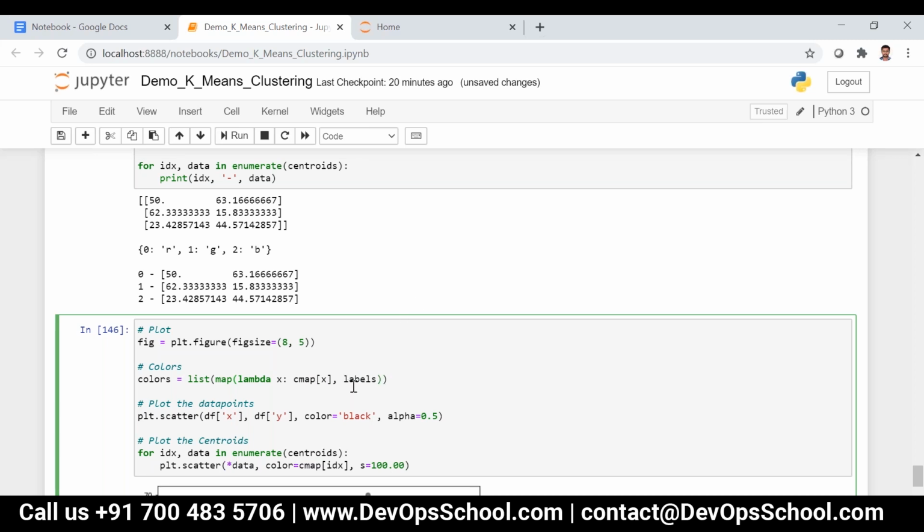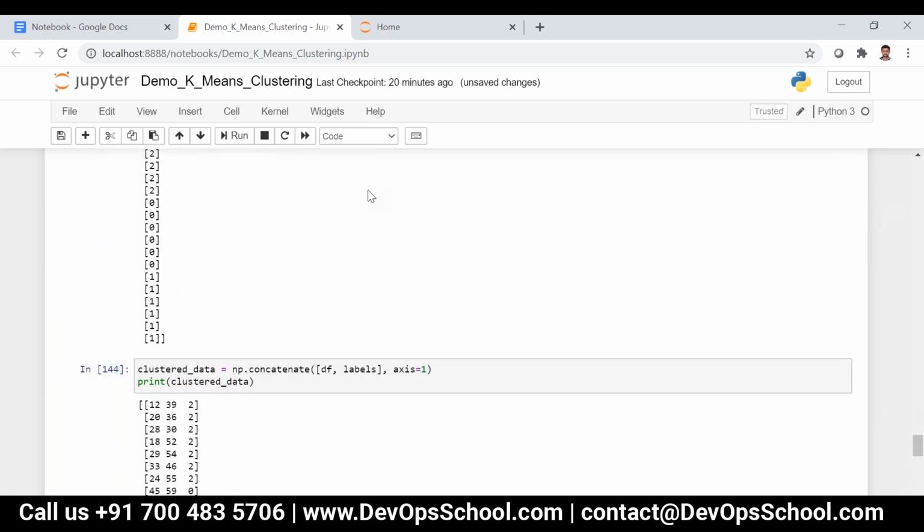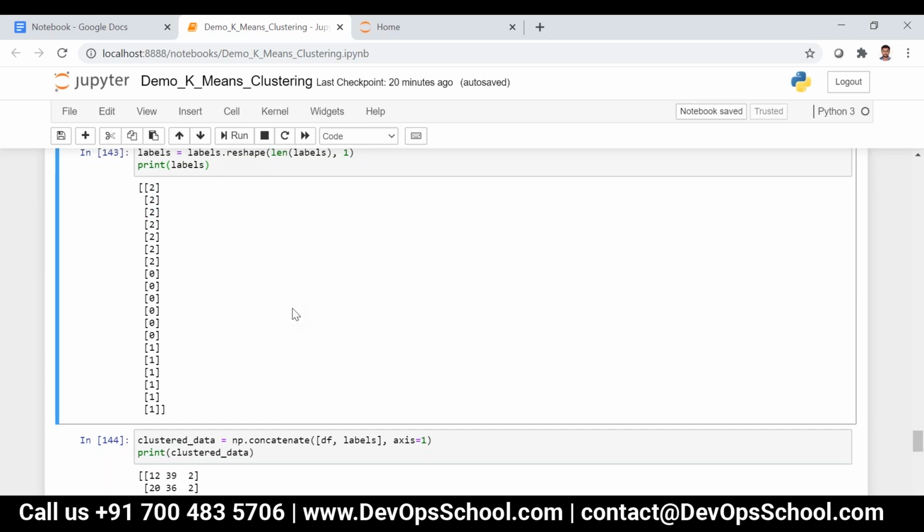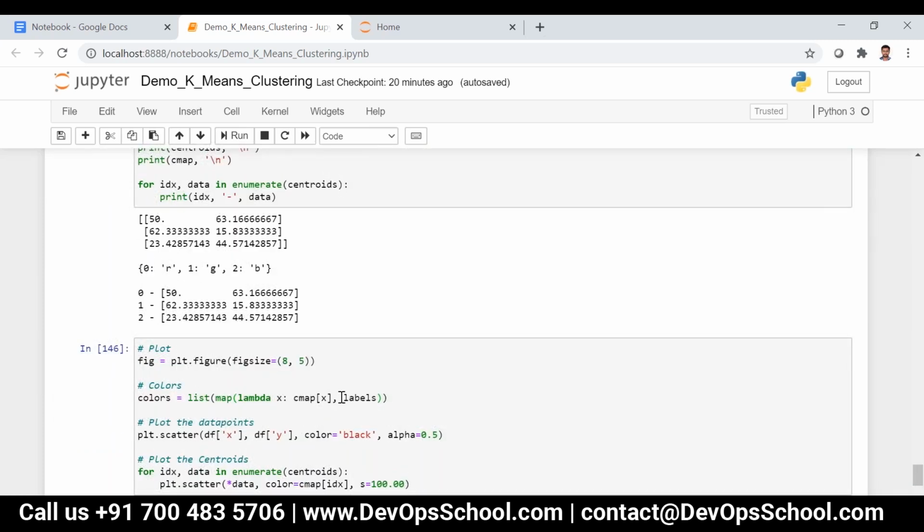So what will happen here? What is labels actually? I have something like 2, 2, and then 2 like that. Each and every element from that will be sent to this as a parameter, and then it will be modified. So now let's see.